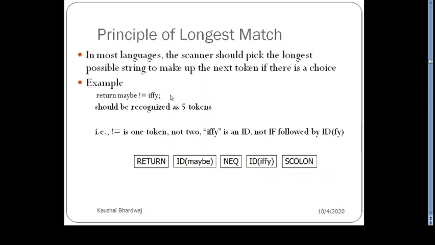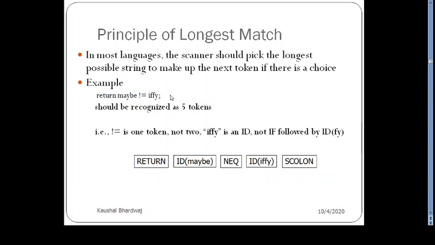So now it has to either accept this not as one token, or wait for the next symbol, read it, and then decide whether the next symbol is to be kept together for a separate meaning.